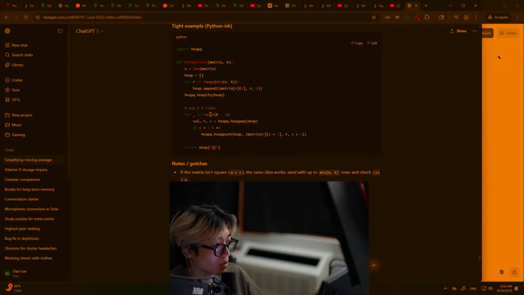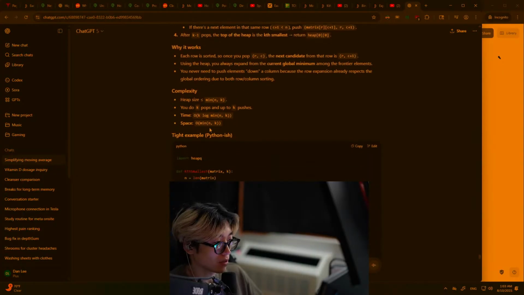If the matrix isn't a square, the same idea works. No visited set is needed because you only ever push rightward. That's true if k is very large. Interesting. So this is saying the k is